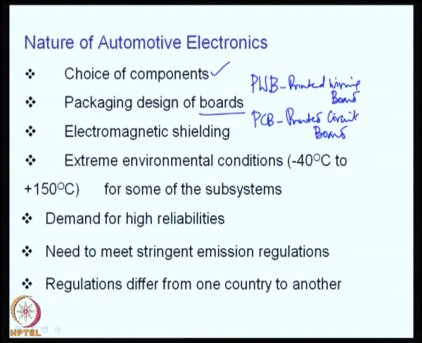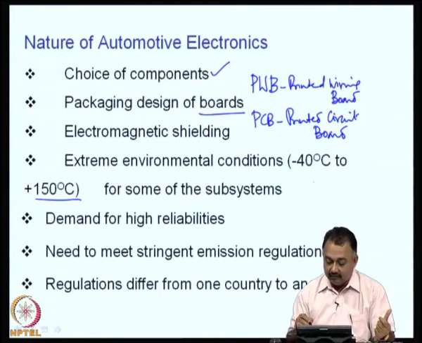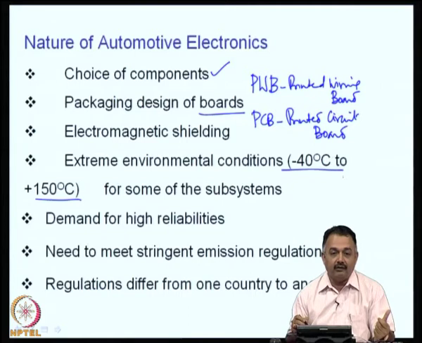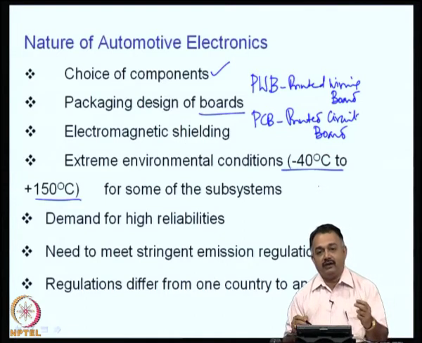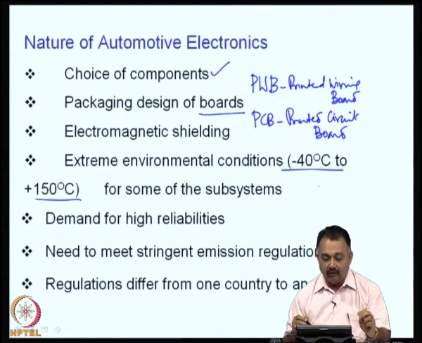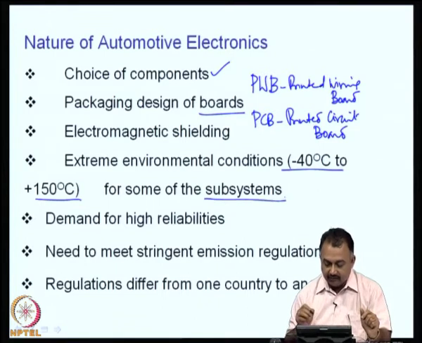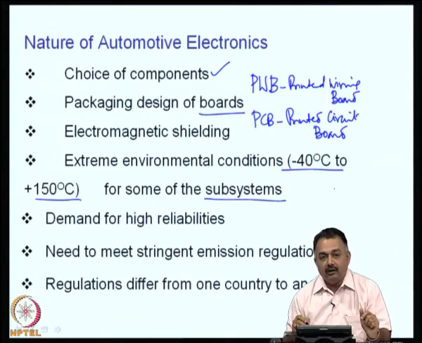Then the environmental conditions, as I have emphasized time and again, there can be conditions where it can go up to 150 degrees centigrade, and typically for such systems you will do reliability testing from -40 to +125 or +150 for the components for the board that is built for automobile electronics, and therefore, before it is sent to the industry and made in large volumes, they will undergo a lot of thermal cycling to classify the board as a reliable one. Okay. So, there may be several subsystems of this type in the automobile product.